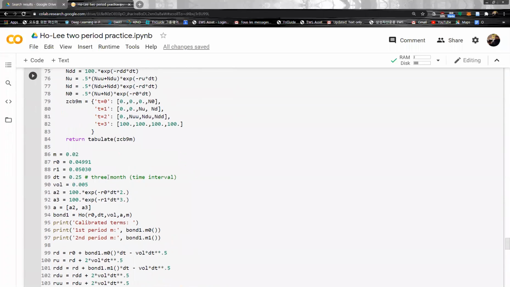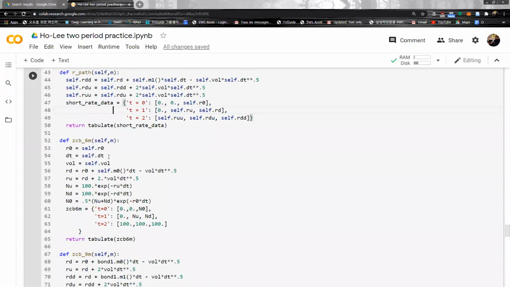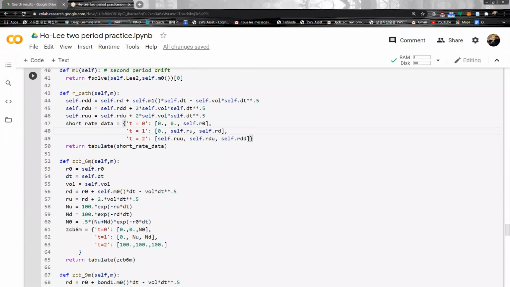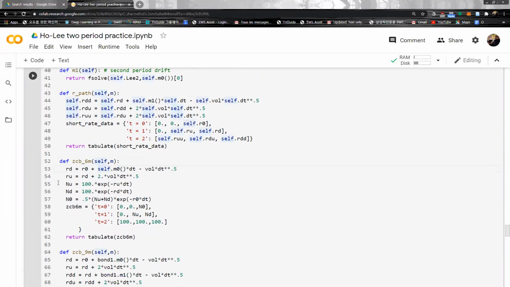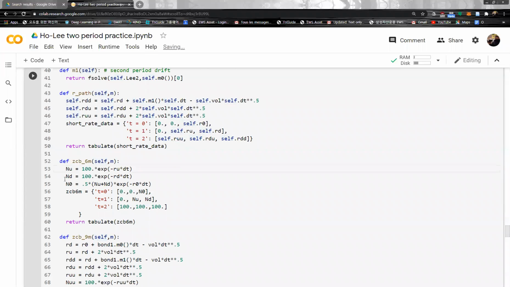Okay, and then we defined our path, and then here 6 months rate, 6 months. Well now it is a 6 months bond for 6 months bond. Now again, let's delete this one. And RD is actually, we defined it already, right? So actually, we don't need this part. Okay. And then here we have